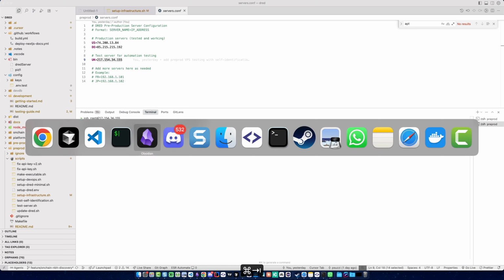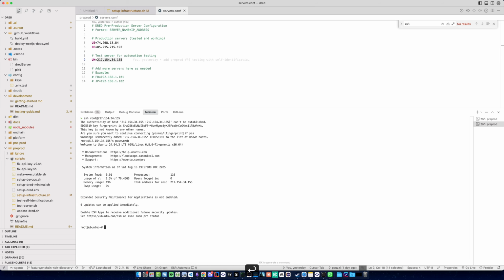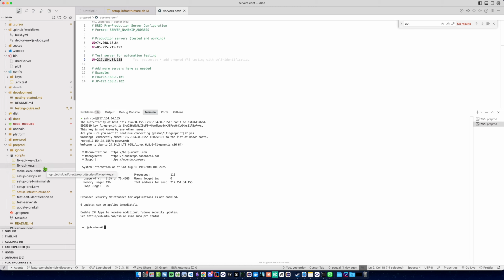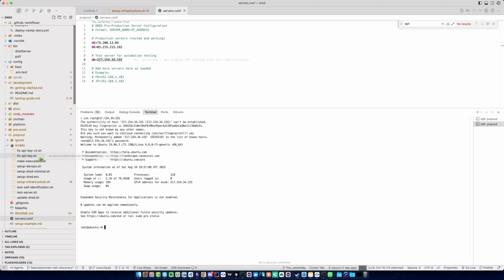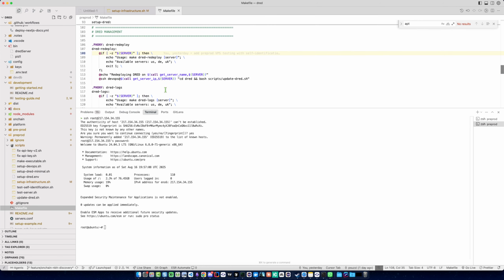Then I'm going to copy the password. Okay. We can connect. At this point, what do we need to do? We just need to call the setup DevOps. I could do an update, but we already realized that the update is done in the setup infrastructure. So the first step is just run the setup DevOps, which we will do via the